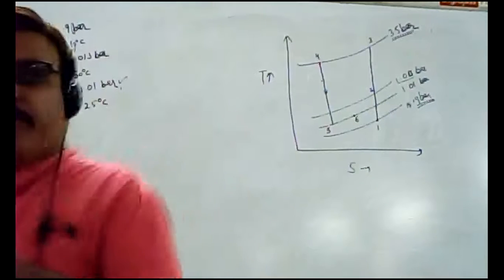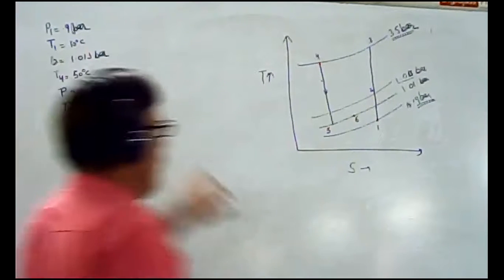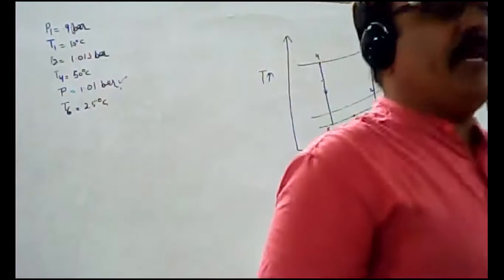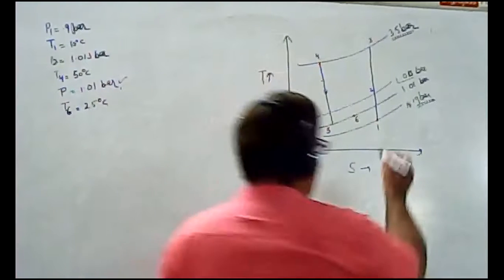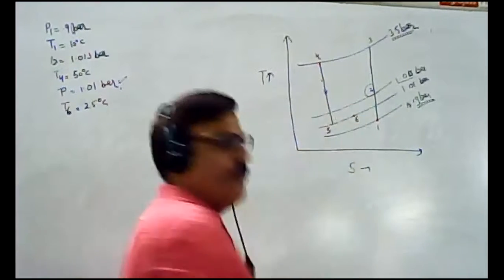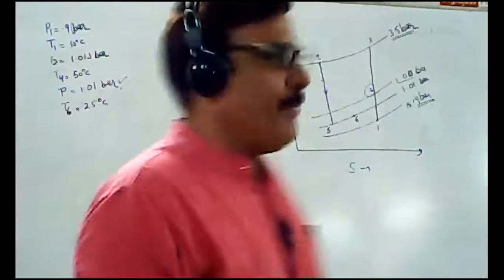I am going to tell you the method. Okay, so here, look at here. First of all, how to solve this numerical? To solve this numerical, first of all, we have to find out the temperatures T2, T3, T4, T5. First, we have to calculate all the temperatures. So how to calculate all the temperatures?